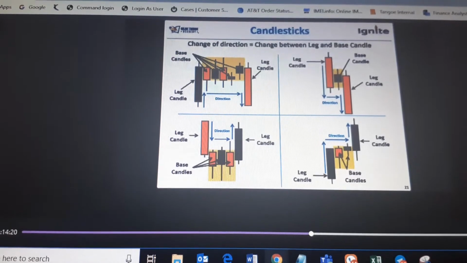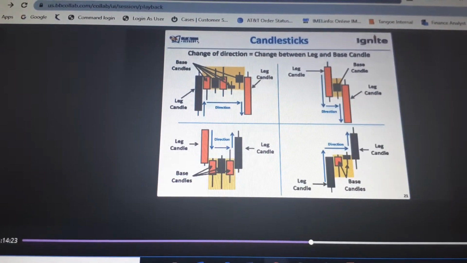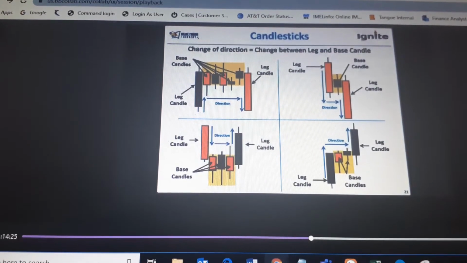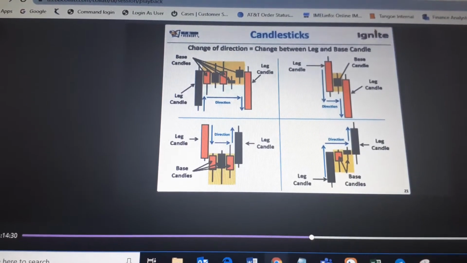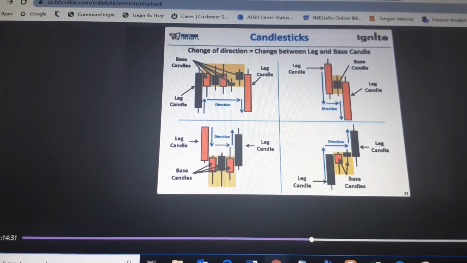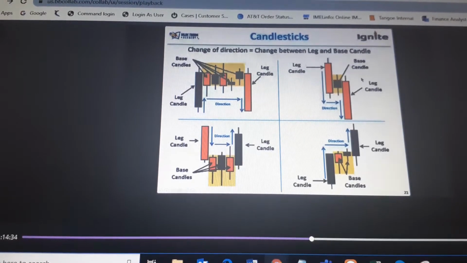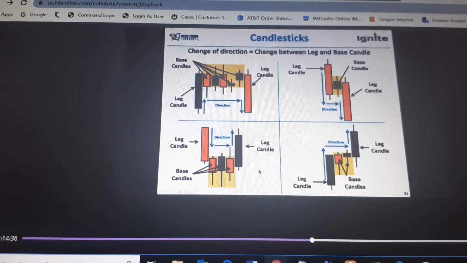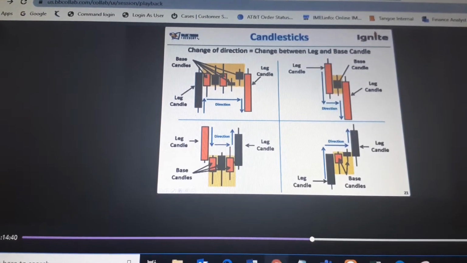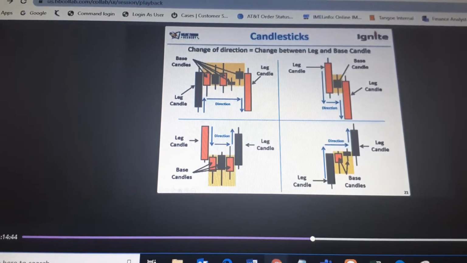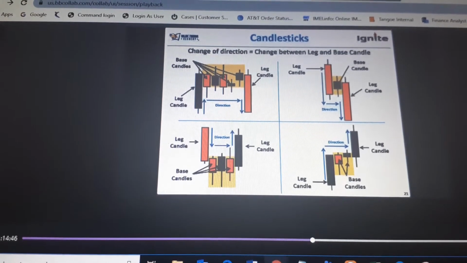Okay, now if you closely observe this, these are the only 4 patterns that you need to look for. Now the above 2 patterns are patterns of a supply zone. The below 2 patterns are patterns of your demand zone. Now this is a little bit advanced that I'm teaching you. Again, I'm going to cover it in the 5th session.